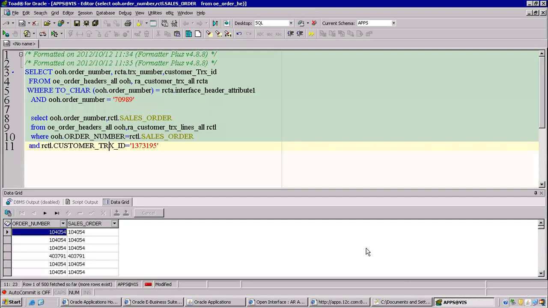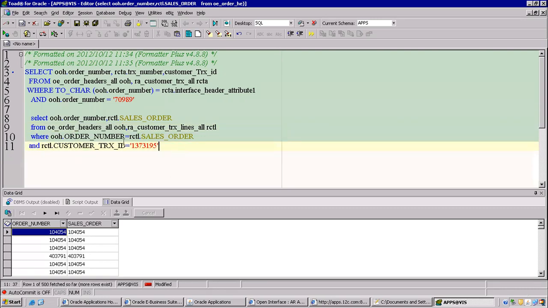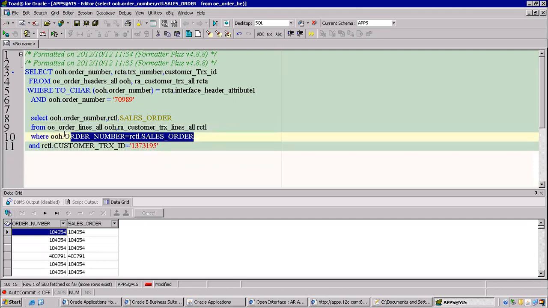Now go here. Instead of OE order headers all, I will take OE order lines all. Or a separate query can also be prepared. This condition is not required. Line ID is equivalent to